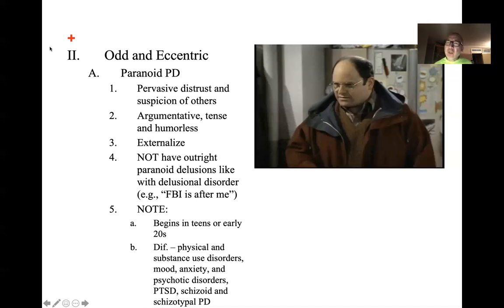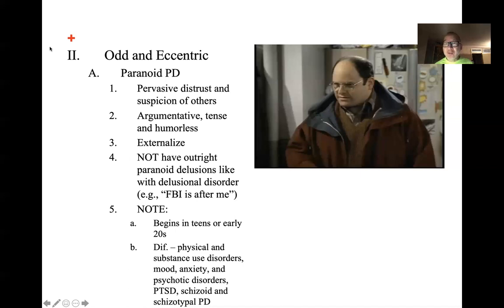Yeah, that's another thing that really characterizes this disorder. Yes, this feeling of competition, socially, intellectually, financially. Yeah, very, very kind of unpleasant way of being. And I have a picture of George Costanza here. For any of you who are old enough to have enjoyed Seinfeld, George Costanza is a classic example of